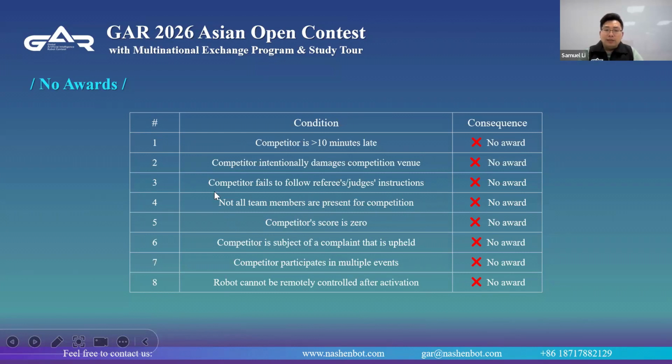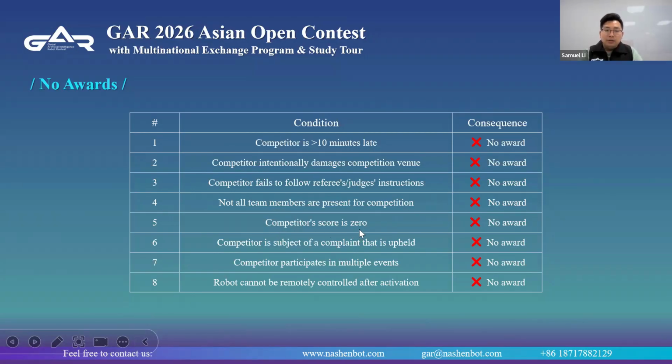So when you register, for example, your team has 3 students. Before the contest, if one student cannot attend, you must report to the judge in advance. Or if after the debugging starts, during the contest, you lose 1 team member, there will be no award.